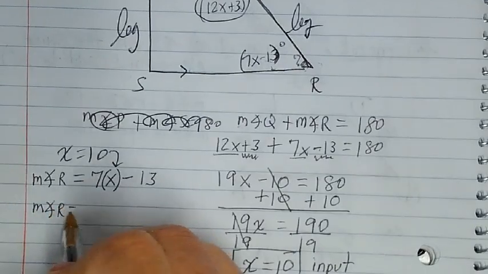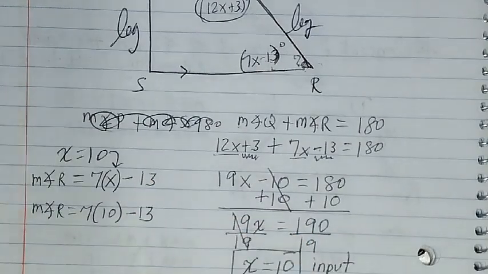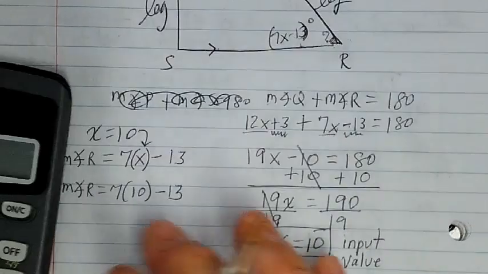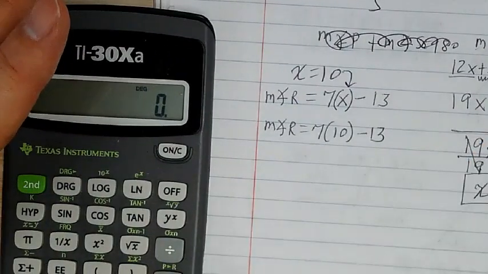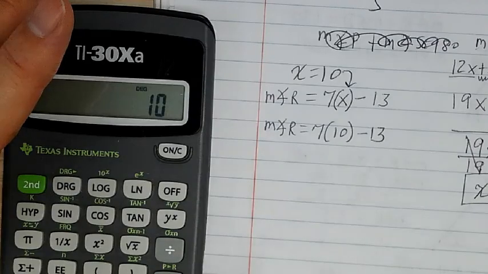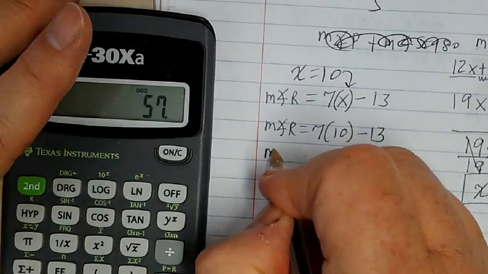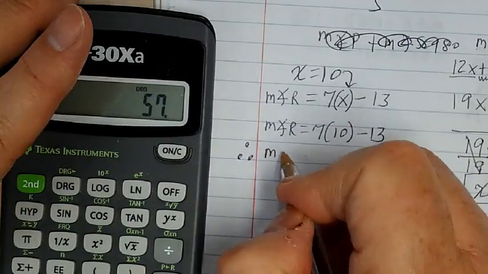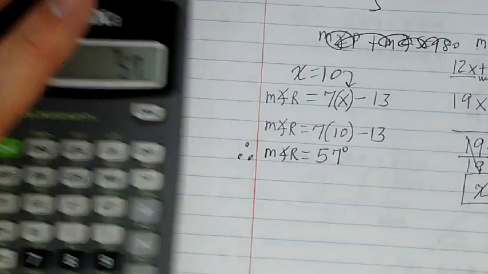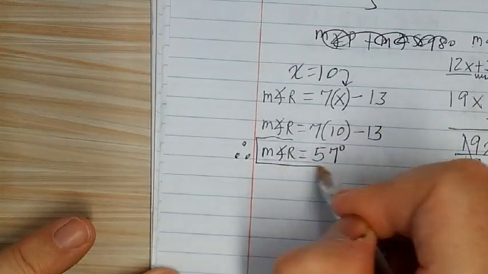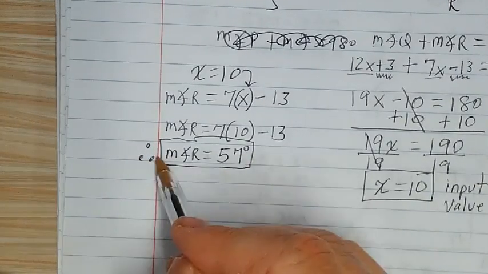And at this point, I grab my calculator, and you're just going to say 7 times 10 minus 13 equals whatever you just said. Here, I'll put my famous 3 dots. The measure of angle R equals what? Final. And with all the numbers and circles and arrows I put down there, when you see the 3 dots, that means, Cohen, that's what I want you to grade. That angle is 57